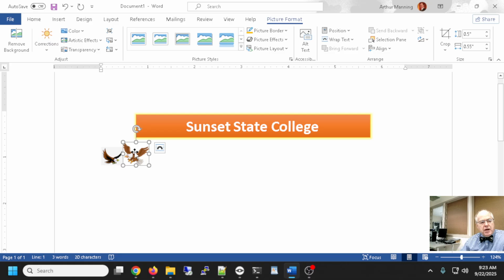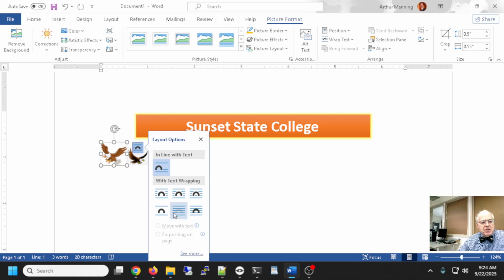Now here's where I remember first doing this. I was so confused. I click on this eagle. It will not let me position it to the left or right of that rectangle I just drew. How do I get it to position where I want? This is where the wrapping comes in. I can click the wrapping here,